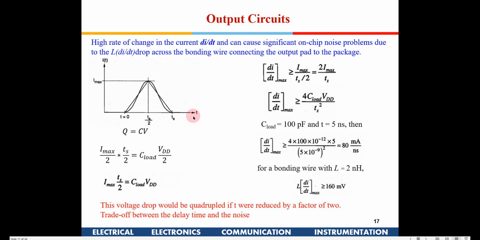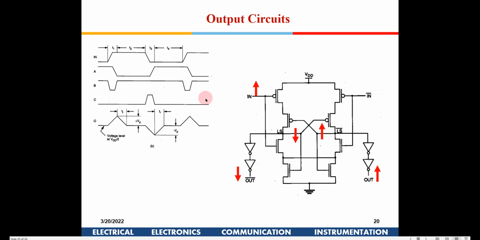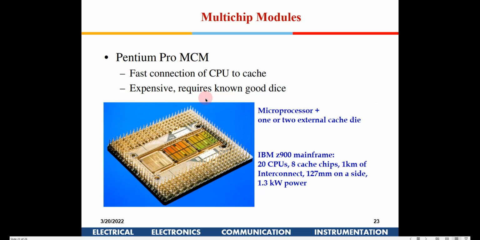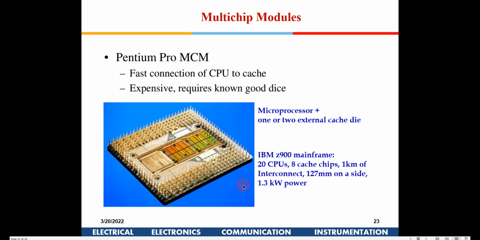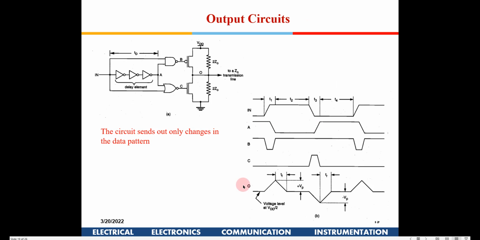Now if you see here, when a high current flows from the chip to the output, there will be a lot of voltage drop between the chip and the pin in the bonding wire. So let me show you one picture of the bonding wire. This is your chip and this is your pin. In between there will be a bonding wire. This is known as the bonding wires, and these are the pins. Okay, so if I come back here,